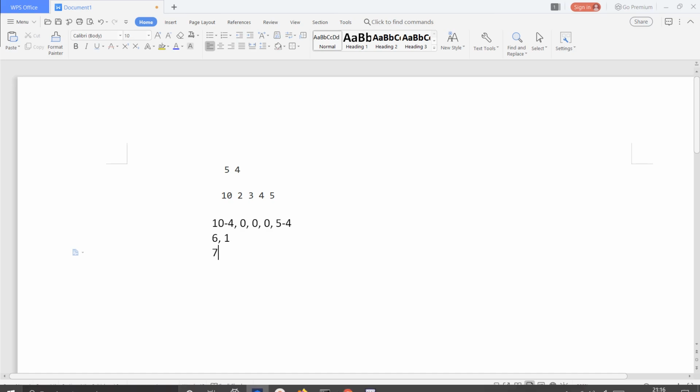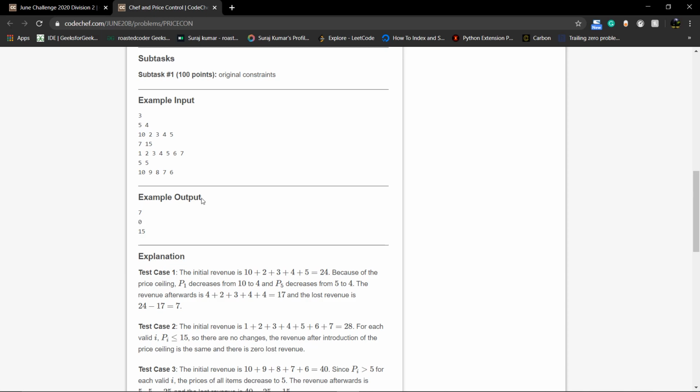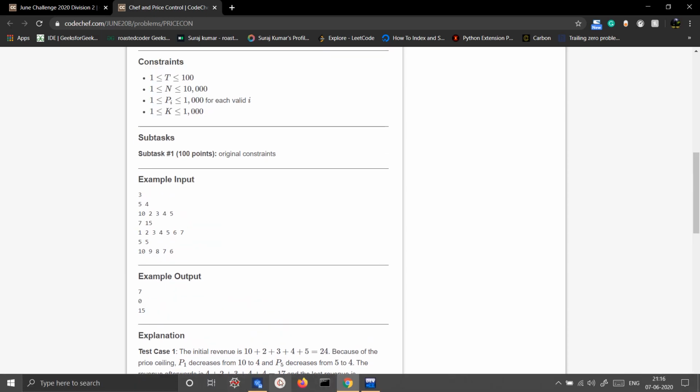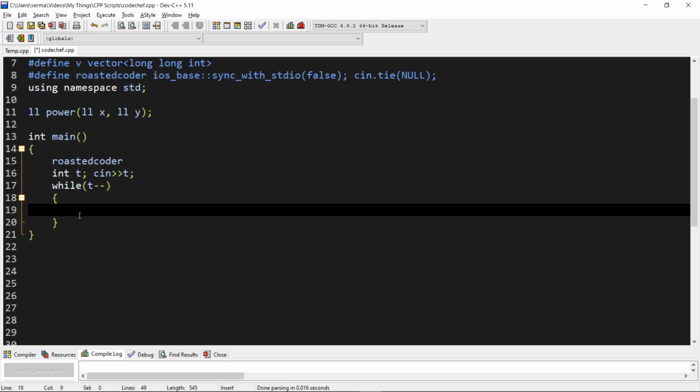So you can see it's 7 here. Now let's just code this one. We have t test cases, so we just have to take input n and k.